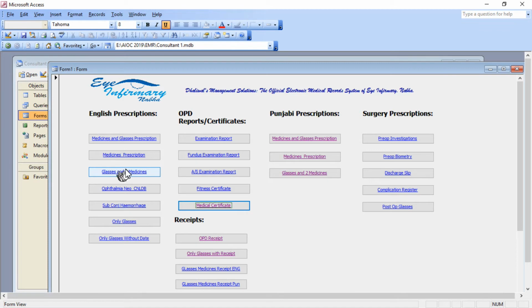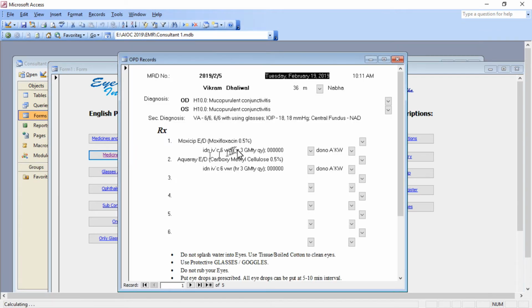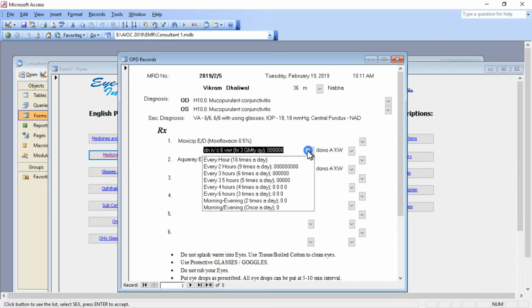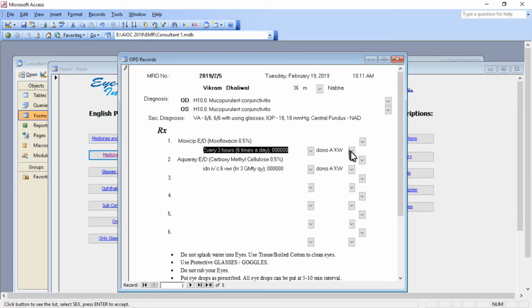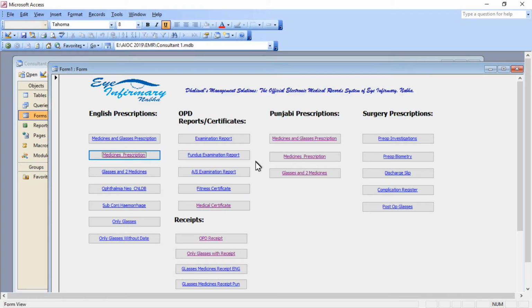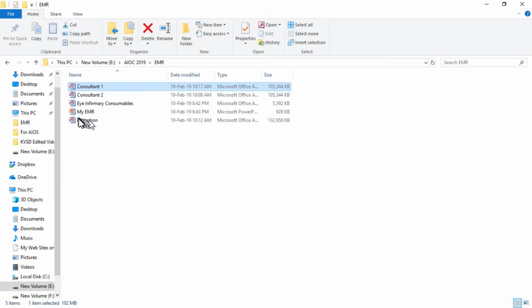If I want to give a prescription in English, because now I had entered the name in Punjabi, so it is looking haywire, but now I can change it to English also for the benefit of the patient. So everything can be changed here. Now the instructions to the patients have also come in English. This is how I see the patient, save time and just give a printed thing to the patient.